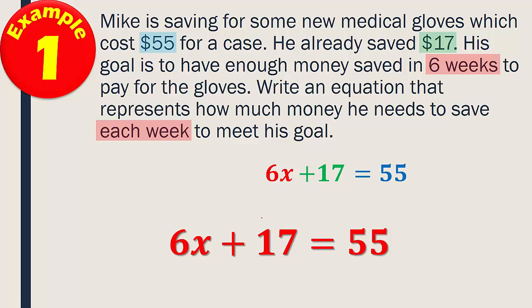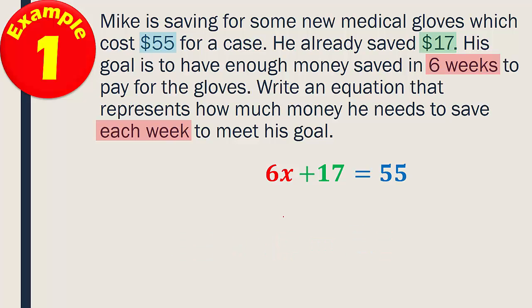Now if we wanted, what we could do, and what would be a good way to get into some practice doing this, is solve it for x. So once you have it here, what you could do is back this up. You could say, well, I'm going to subtract 17 from both sides. Okay, 55 minus 17, that's 38. That sounds about right. So we'd have 6x equals 38. And we divide both sides by 6, which would give you